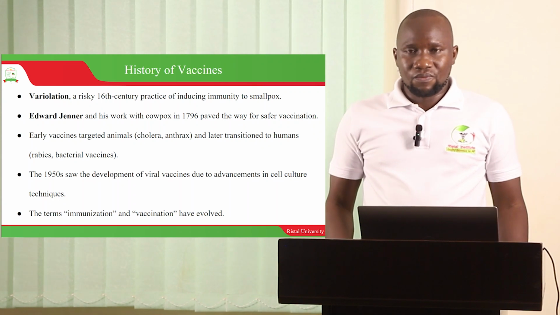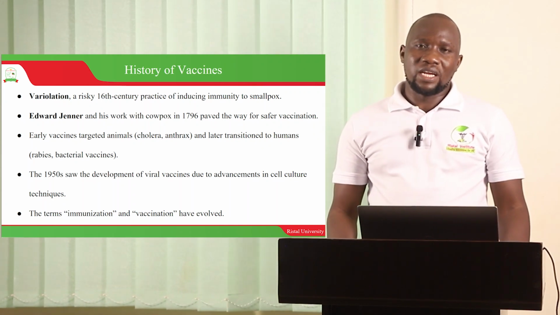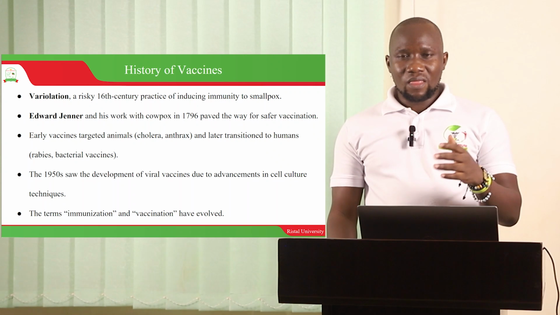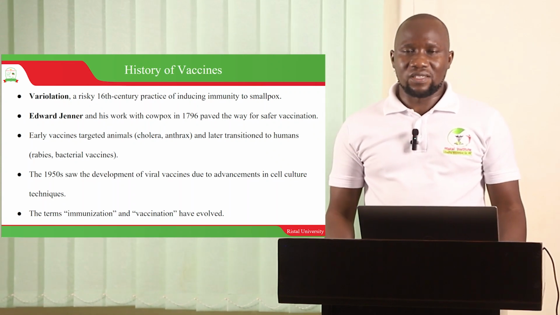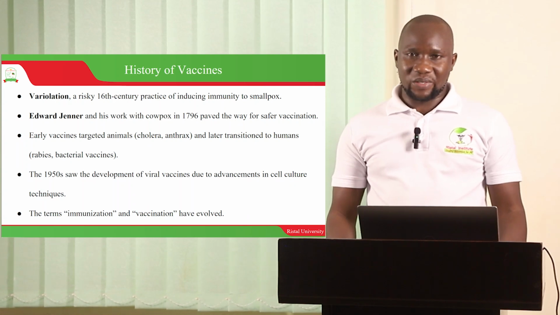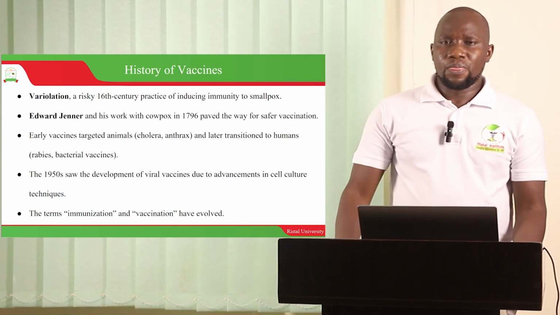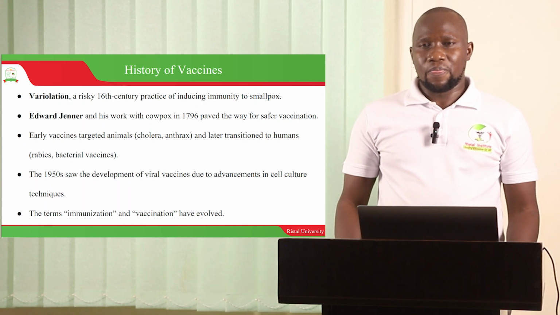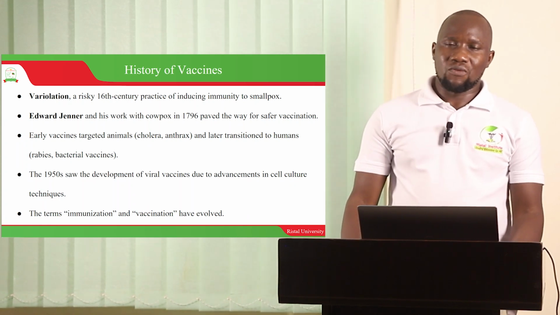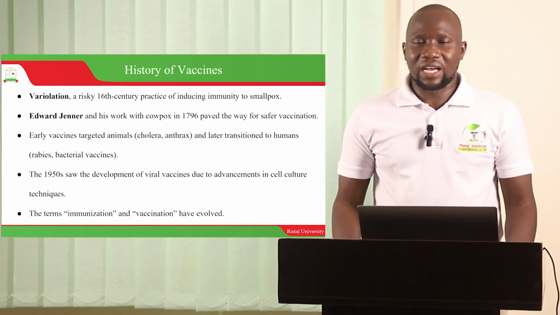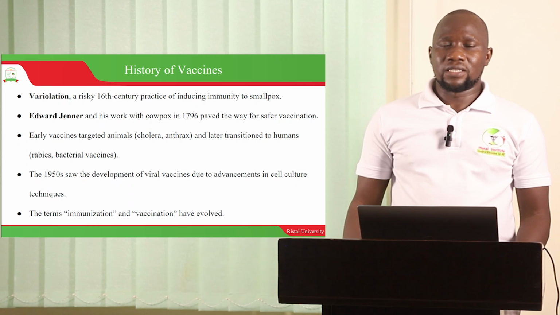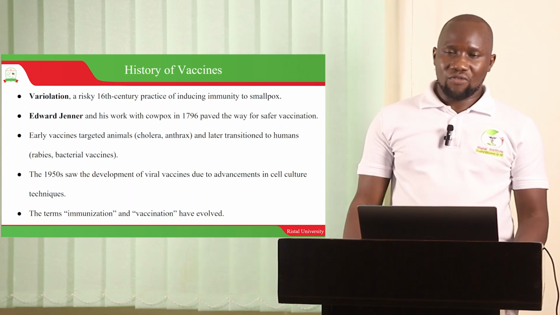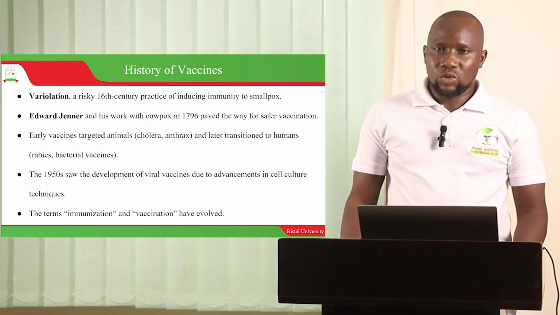But where did this knowledge come from? Edward Jenner, who we described in our first lecture as one of the key personalities in the evolution of epidemiology as a discipline. So he's responsible for introducing the first vaccine, the smallpox vaccine. It's the first vaccine that humans developed. His idea came from careful observation, and we really need to note from this point on